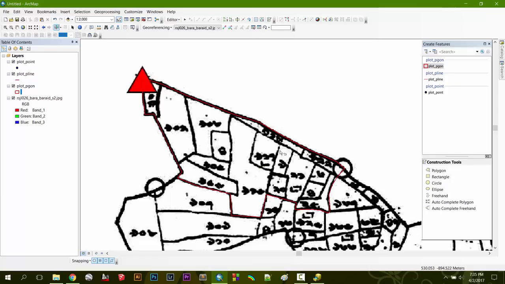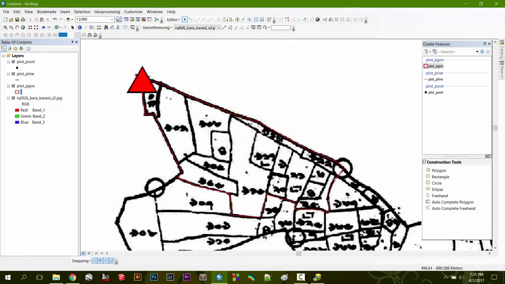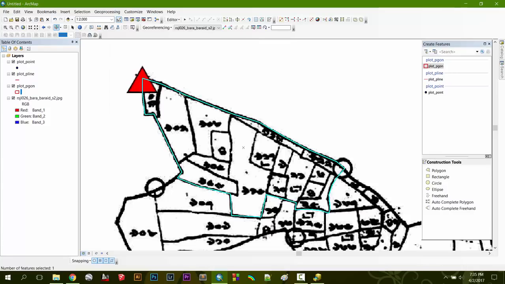Now you can see we have drawn a gross boundary. The inner small parcels are not divided. Now you can do this in many ways. There is a tool in here which is the cut polygon tool. It is showing there is no selection because I have not selected it. To select this polygon again, go in here, you can see the select feature tool, click on it, then click on the polygon, then again press cut polygon tool, and then